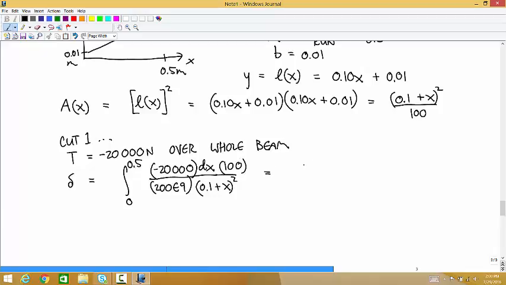You can pull all the constants out, and you get negative 1.0 times 10 to the minus fifth. That's the constant that you pull out,